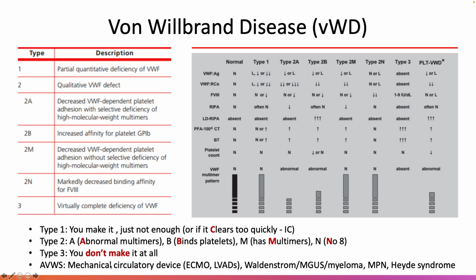There's also an entity called acquired von Willebrand syndrome. Acquired is something definitely not congenital, it is acquired from other things. For example, you're talking about a mechanical circulatory device, like putting a patient on ECMO or a left ventricular assist device. That can actually cause acquired von Willebrand syndrome due to the shear force through the machine. At the same time, some other conditions, for example, myeloproliferative diseases, myeloma diseases, can also predispose to von Willebrand